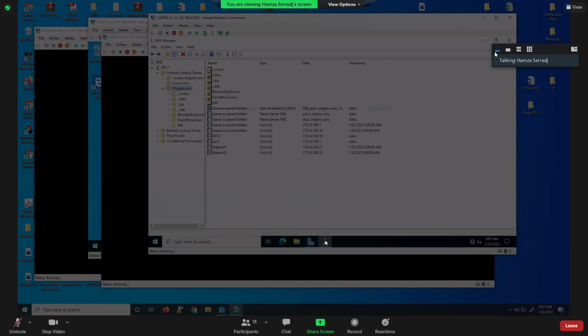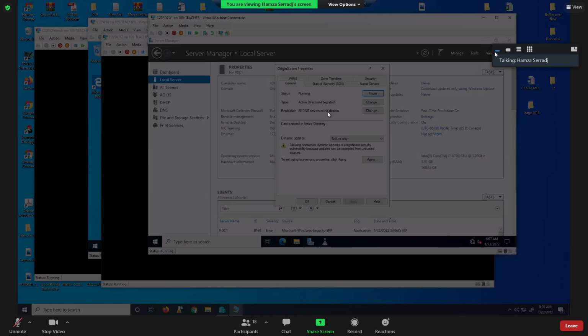Okay, replication: all DNS, so we can change to whom it will be replicated. And this is a difference between a DNS Active Directory zone and a normal zone in a standalone. A normal zone in a standalone is just a zone on that computer and that's it. So it doesn't belong to any domain. An Active Directory one is going to replicate automatically to all or a few other domain controllers, depending on how we configure it. It's going to replicate automatically to all the domain controllers on that domain. So if I have more than one, it will be